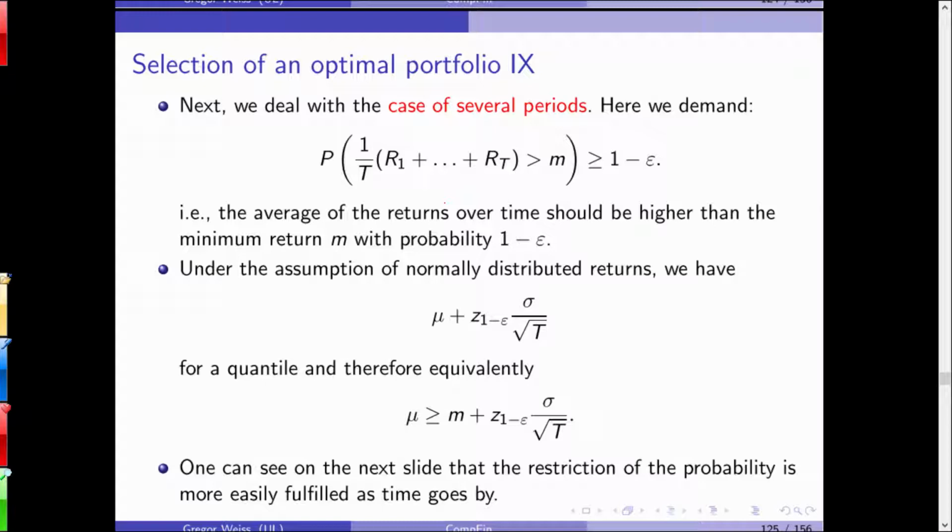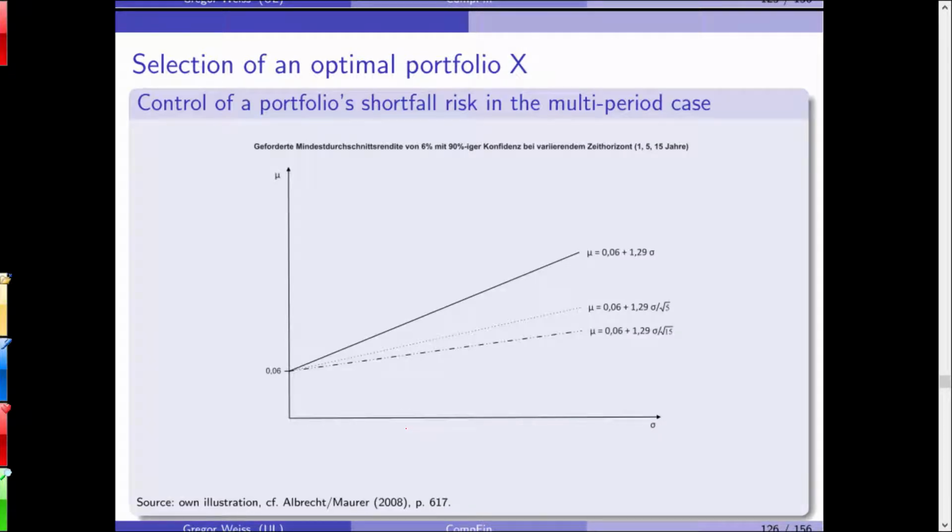So you can see that this here is just demanding, for normally distributed returns, that mu, the expected return, is larger than m plus the quantile of the normal distribution. So this is quite simple, and in fact, if we increase t, you can see that the restriction is more easily fulfilled with larger